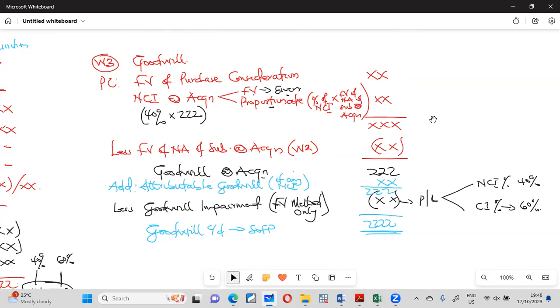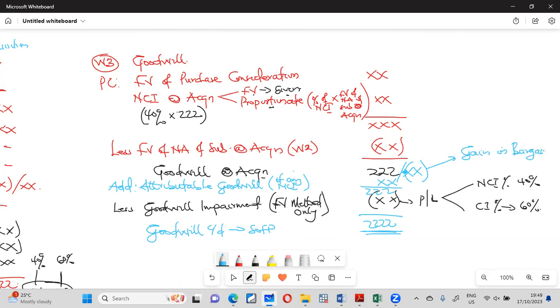Now, before I go to the workings number 4, do understand that the goodwill can be negative or positive. It can be negative or positive. So if you find out that your goodwill is positive like the one you have here, that one is fine. It's going to your SoFP. We don't have a problem. However, the key point here is, if the goodwill is negative, then we call it a gain on bargain, because